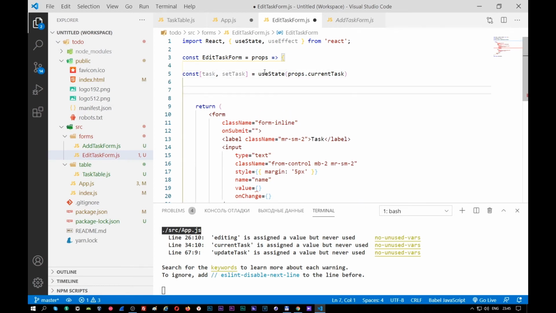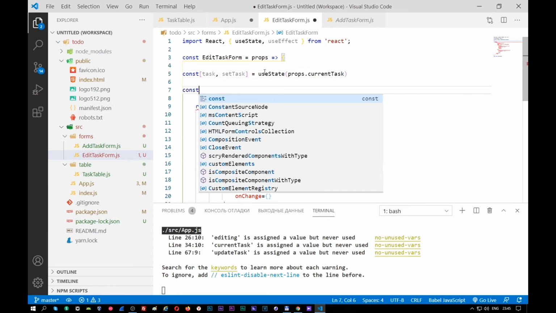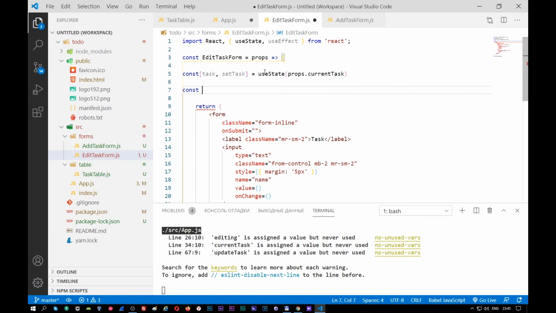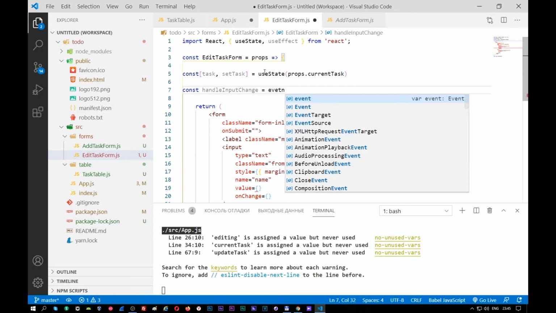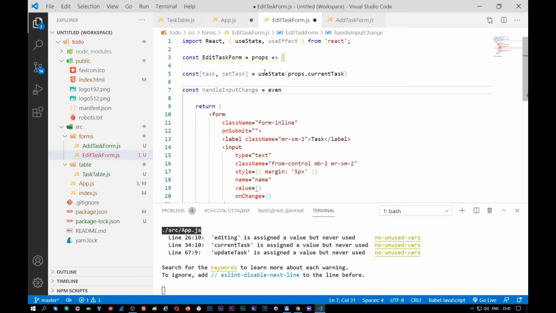The next is const handleInputChange is equal to event. Here